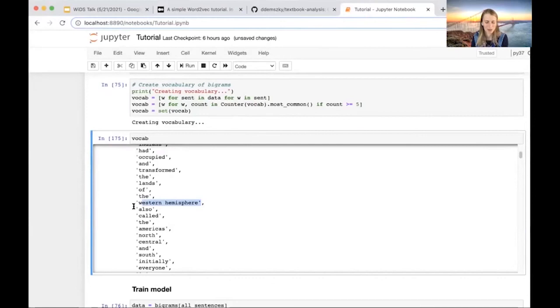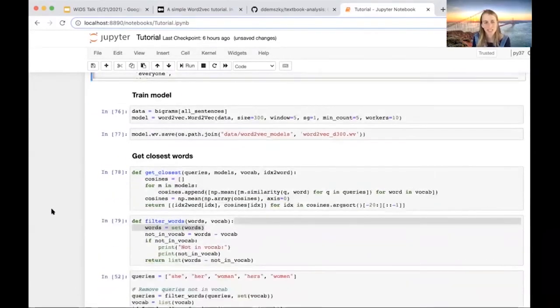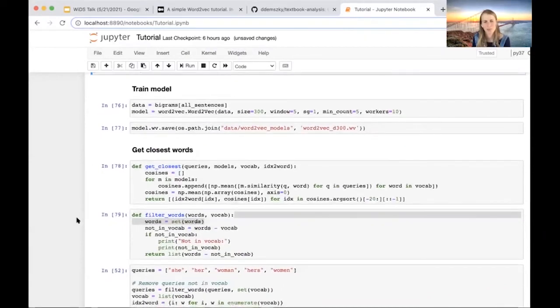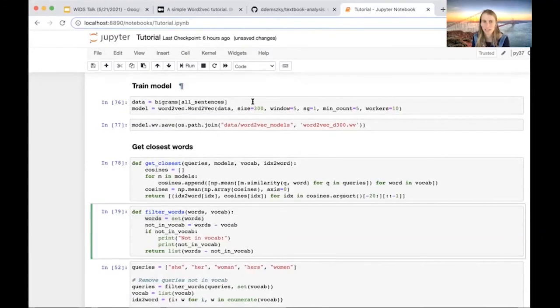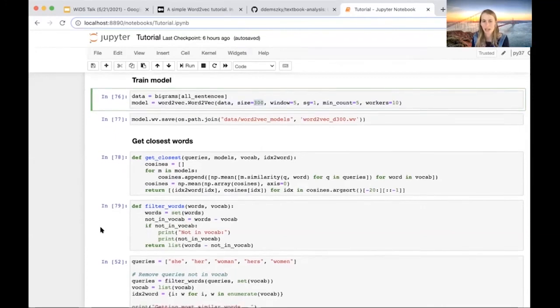Again, I'm checking time. Okay, I only have one minute left, so I'm just quickly going through this. I think the key takeaway is that this is a very simple model to run. It's more the intuition behind it that you will want to understand. It literally takes one line to train the model. You train 300 dimensional vectors, and